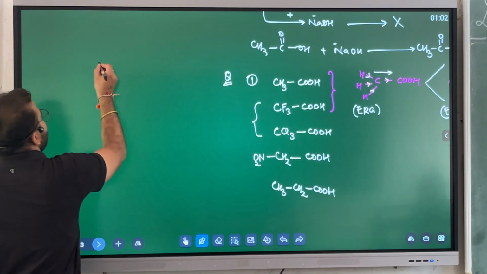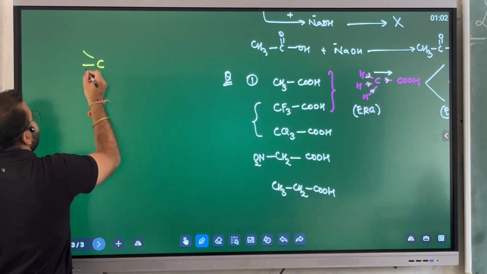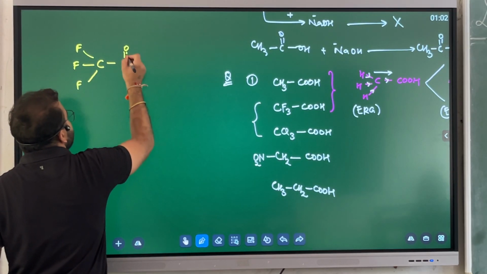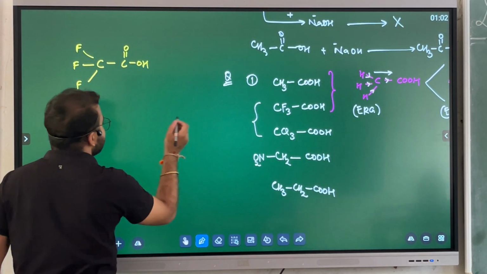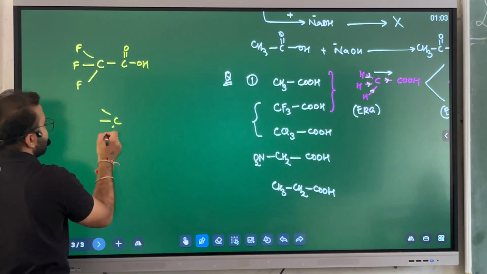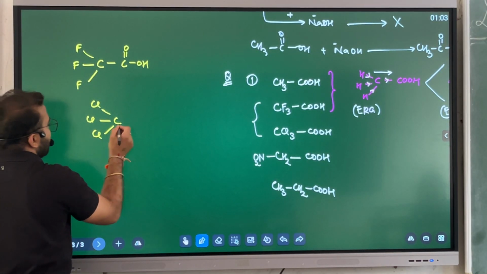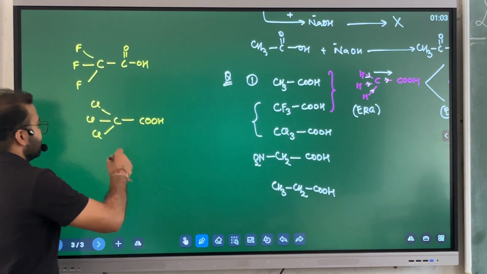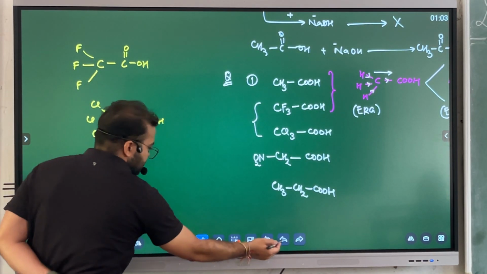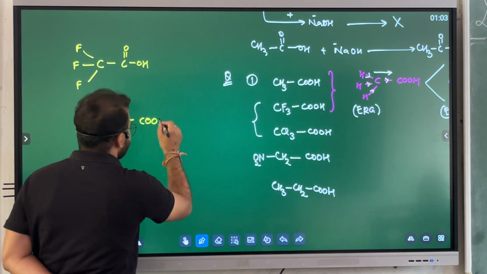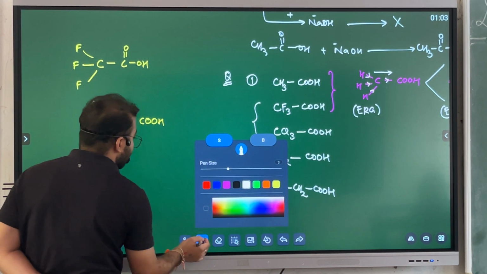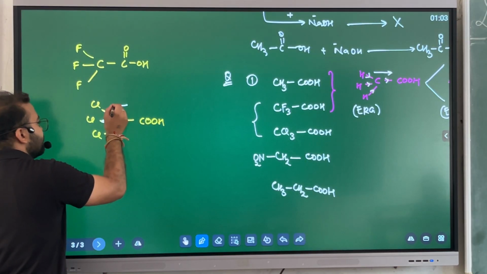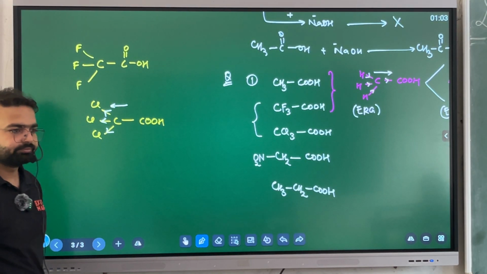Here carbon is connected with fluorine and directly connected with C double bond O and OH, and second I am having carbon which is connected with chlorine and again connected with COOH. The point is both are electronegative, so both will show a flow of electron toward themselves. Chlorine